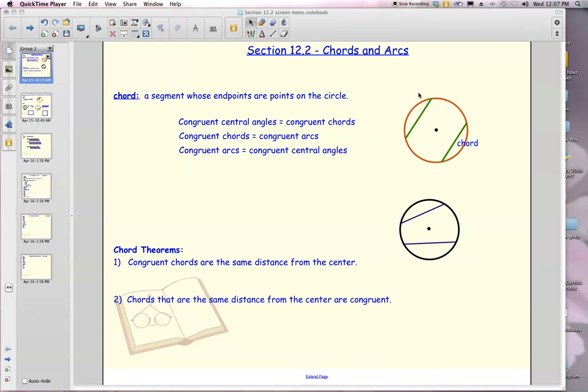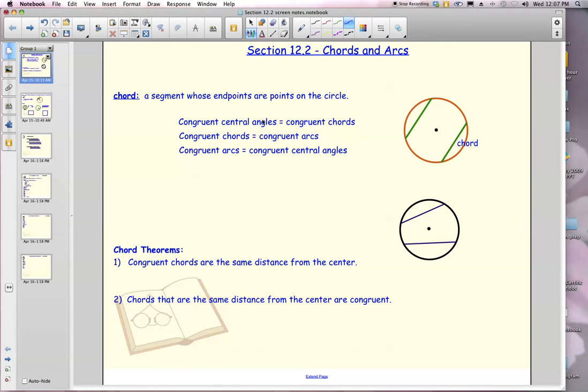Okay, in the last lesson we talked about tangents. Tangents were lines that just skimmed the edge of the circle. Chords actually start and stop on the edges of the circle itself. There are some relationships here. These all get kind of jumbled, but you'll see as we go through that they make